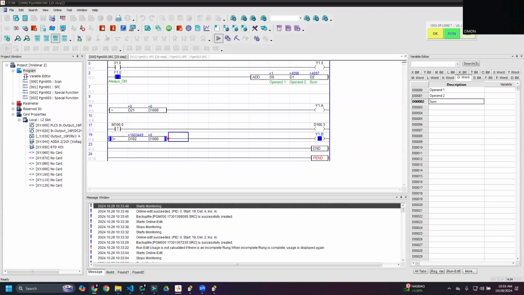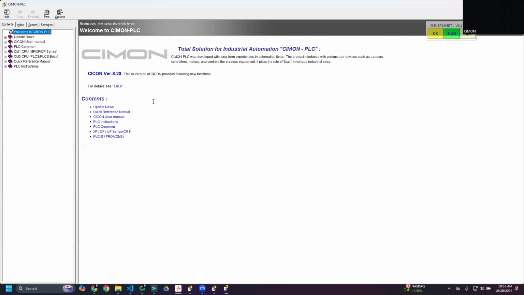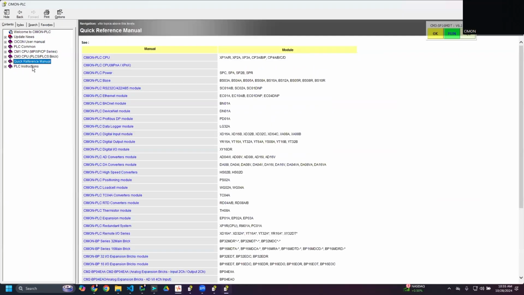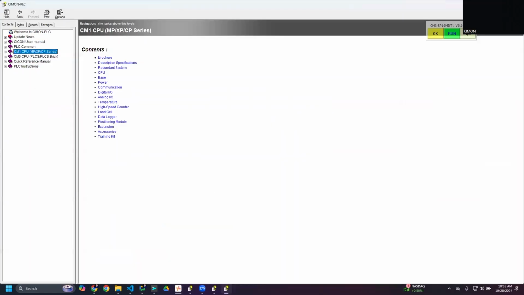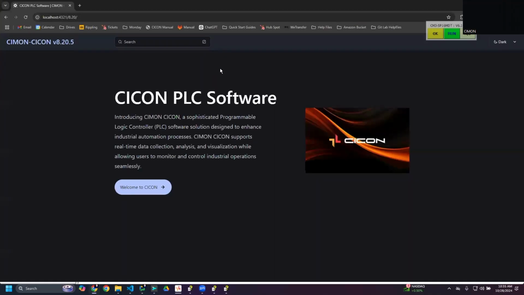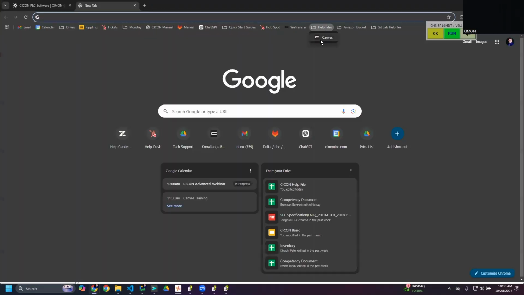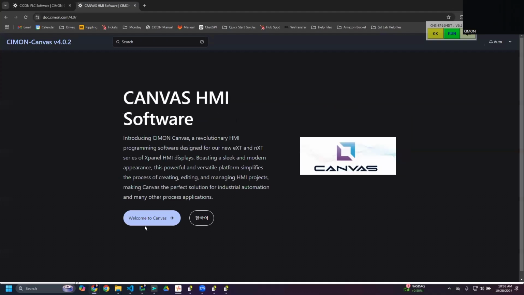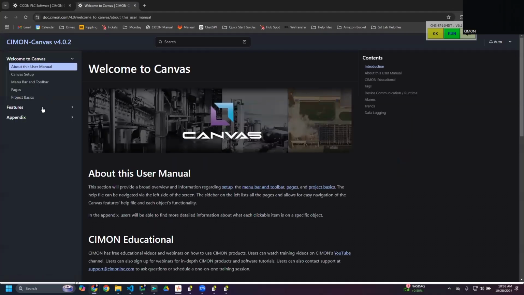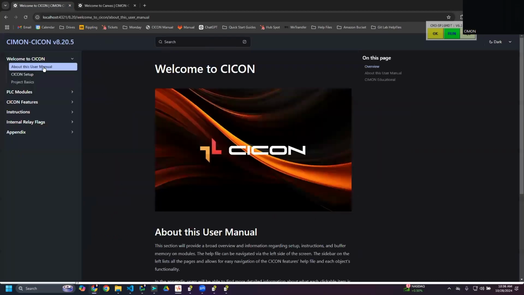The last thing that I would like to go over is the current help file is very dated and can use a touch up. So currently my project is to make an online version of the help file similar to our Canvas help file. So you can see here our Canvas help file has a Korean version, but the English version here is very well laid out. So if we go over here, we are trying to accomplish the same thing with CICON